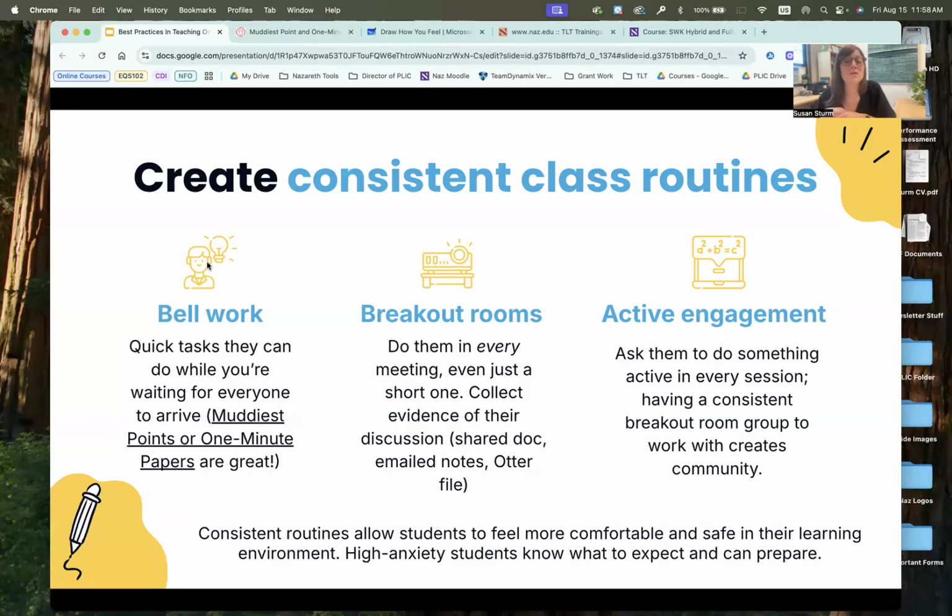They'll tell you what they need and want. But do breakout rooms. The third one is active engagement. When you are asking your students to do something active in every single session, a few wonderful things happen. Number one, they get used to that routine of doing instead of just listening and sitting and being passive learners